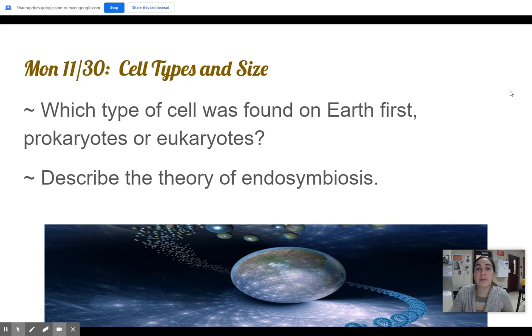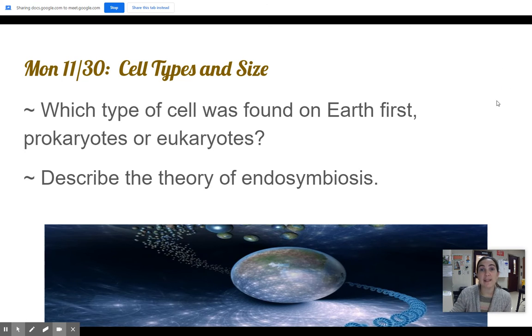So when life first originated on Earth and we formed those earliest types of biomolecules and those really simple protocells, the earliest types of cells were prokaryotic. Prokaryotic cells are really simple. They don't have a lot of different parts and different structures. They do have a cell membrane. They do have genetic material, but it's not enclosed in a nucleus. They have ribosomes to make proteins,